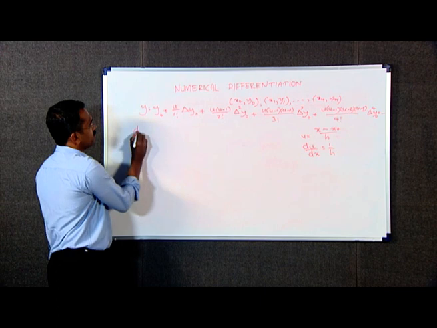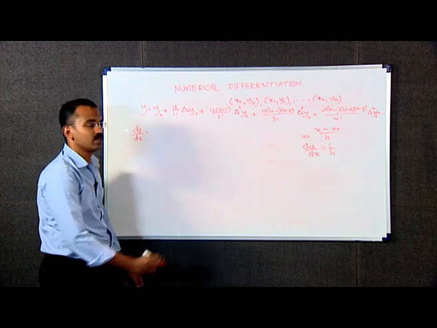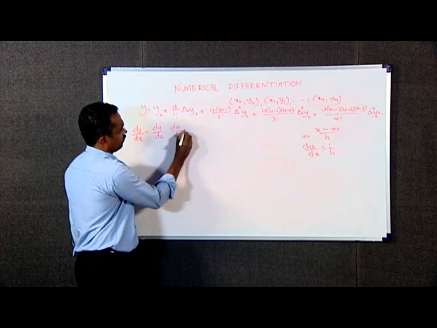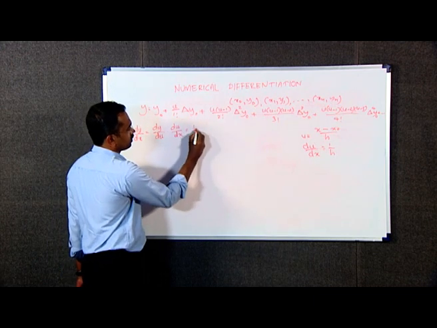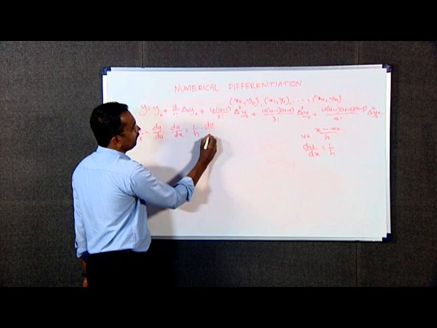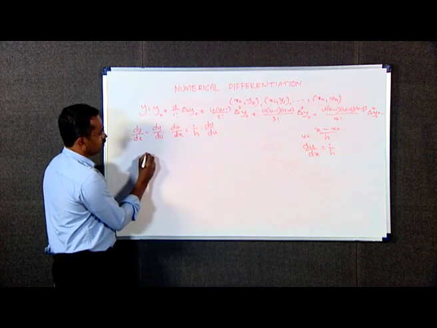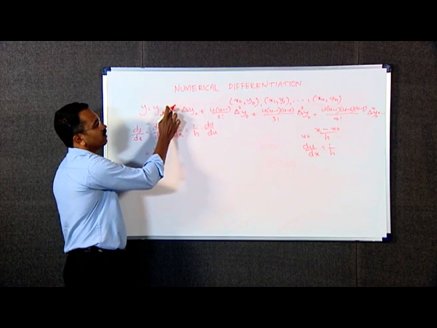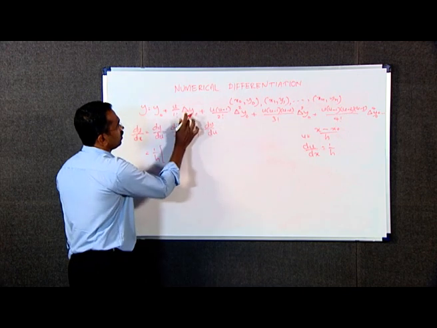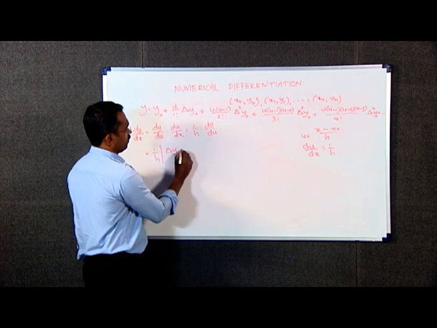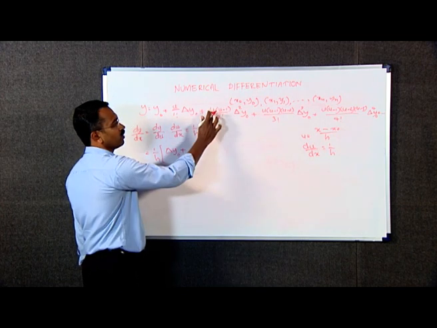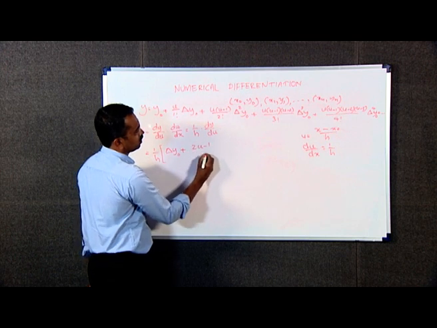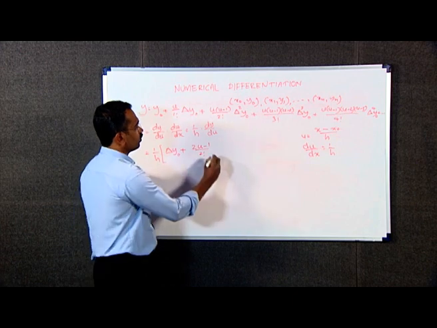Therefore, dy by dx can be written as dy by du into du by dx. That is equal to, since du by dx is 1 by h, 1 by h into dy by du, which is equal to 1 by h into, y naught is a constant, therefore its derivative is 0. Here the derivative of u is 1, 1 by 1 factorial is 1 itself, delta y naught is a constant, plus here u square minus u, the derivative of u square is 2u minus the derivative of u is 1, that is 2u minus 1 divided by 2 factorial into delta square y naught